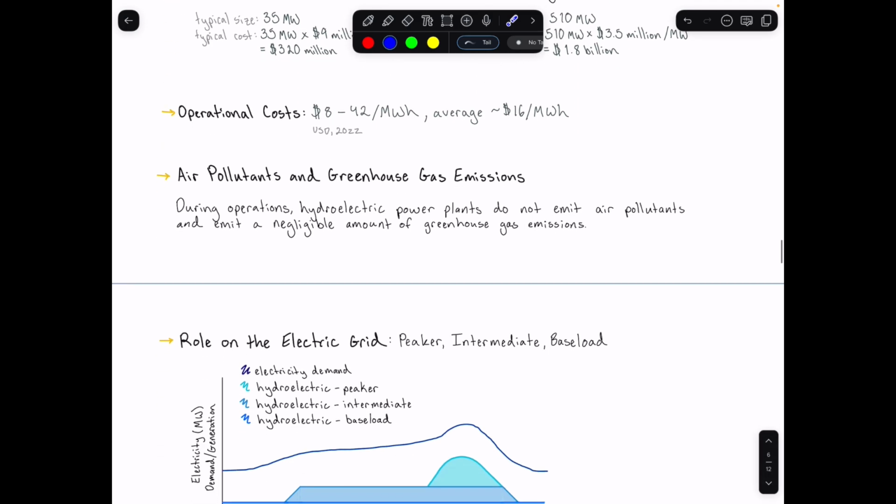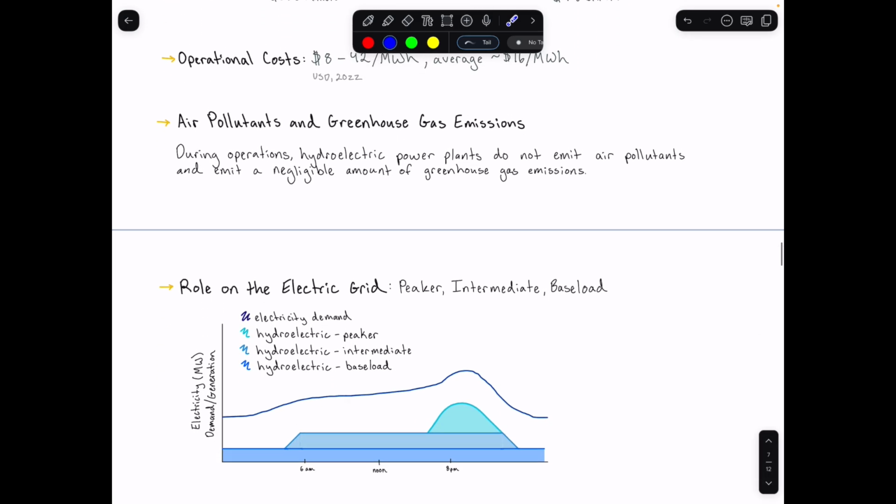Okay, and then the last part of this subsection is role on the electric grid. So conventional and pumped storage hydroelectric power plants are among the most flexible electricity generation technologies because they have the ability to operate as baseload, intermediate, or peaker power plants. On the other hand, run-of-the-river power plants have much less operational flexibility because their electricity just depends on the natural